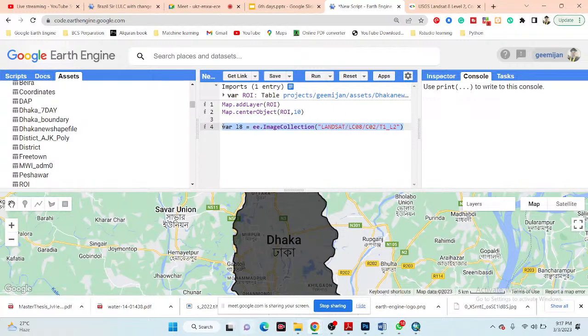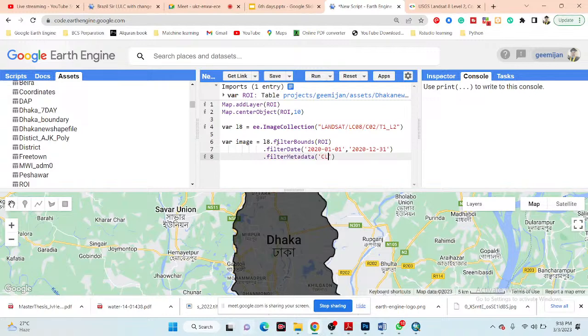Okay, I choose this image collection, and then I need to filter. For the filtering, we already know the filtering process. I simply take a variable such as image. Then I call my image collection, L8, because this variable L8 stores all of the image collection for the Landsat 8 surface reflectance. I simply use the filterBounds function with my region of interest, and then I use filterDate. I simply put the year 2020, 1st January to 2020, December 31. And then I simply filter metadata